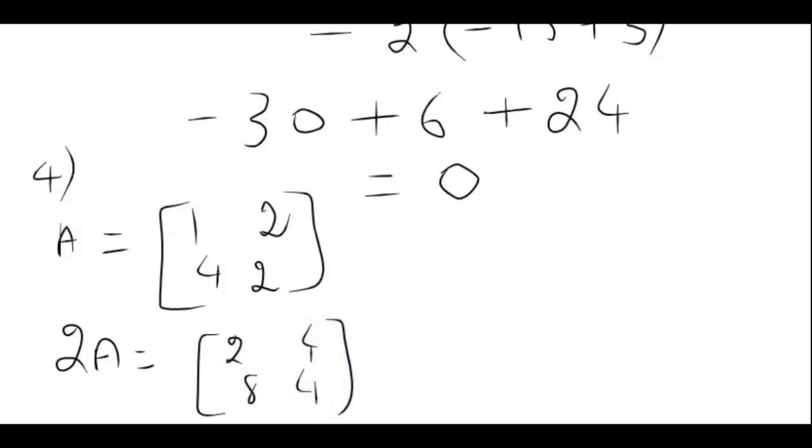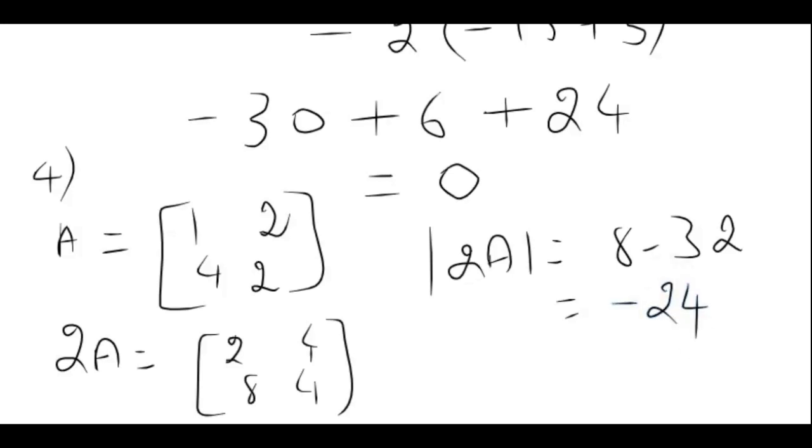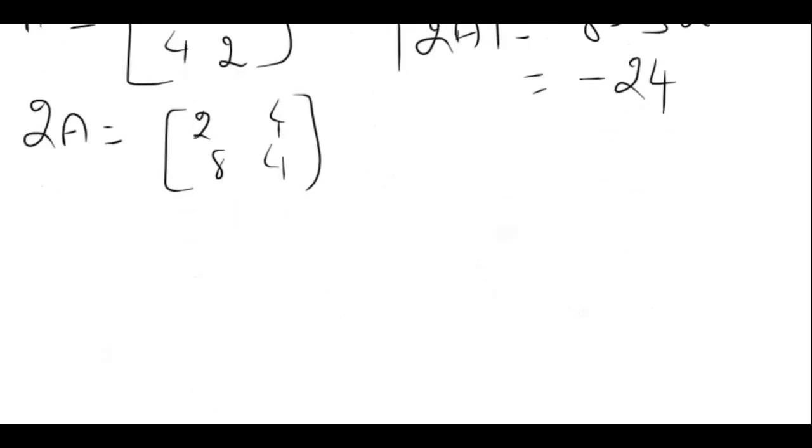So the value of the determinant of 2A is equal to 4 2s are 8, minus 8 4s are 32. So that gives you 8 minus 32, which is minus 24. So we need to prove that the determinant of this matrix is equal to 4 times the determinant of A. Let us see